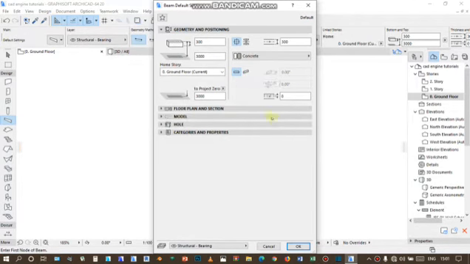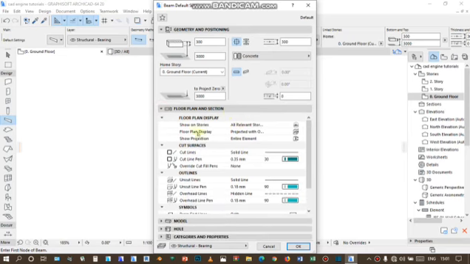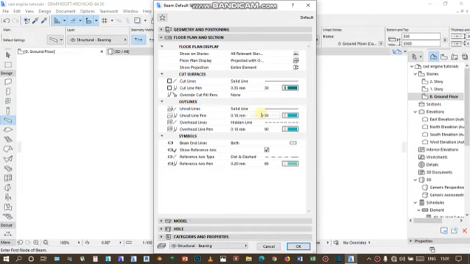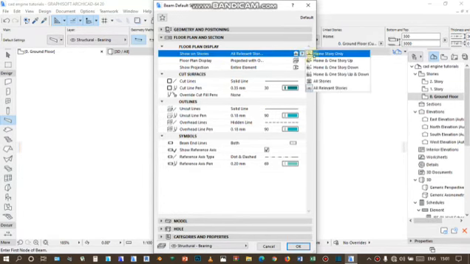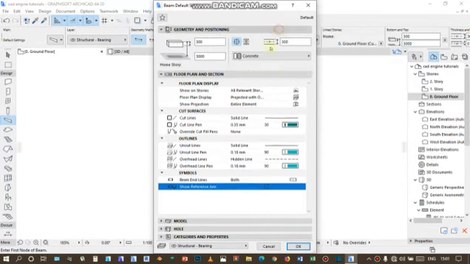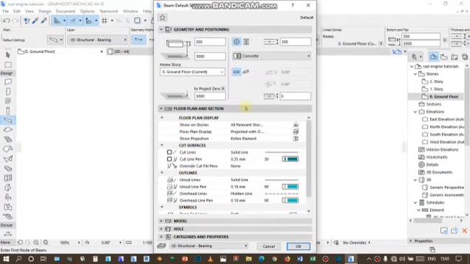Let's just start with this one first, the horizontal one, and here is where you set the views on the floor plan, whether it's going to be on the home story or home story and 1 story up, home story and 1 story down, home story and 1 story up or down, or you set it to all relevant stories or all stories if you want the beam to be seen like that. Now you can see beam curtain line, show reference line. I turned that one off because it's not something you